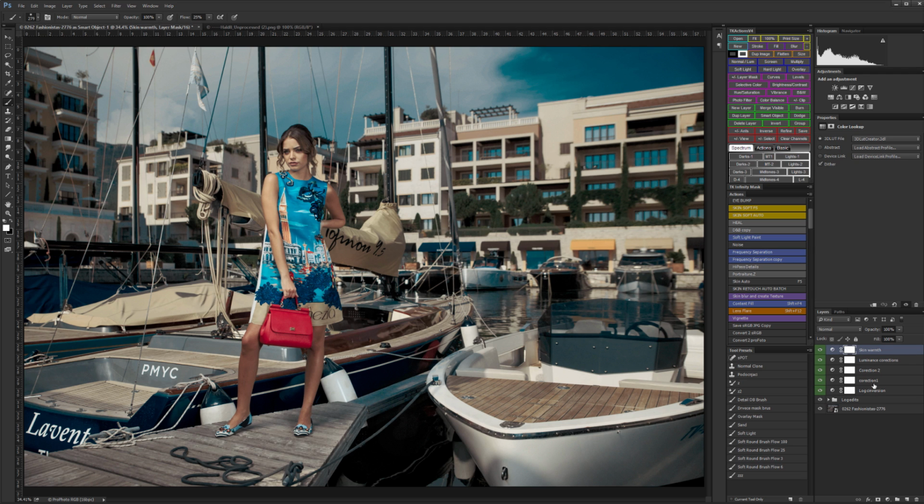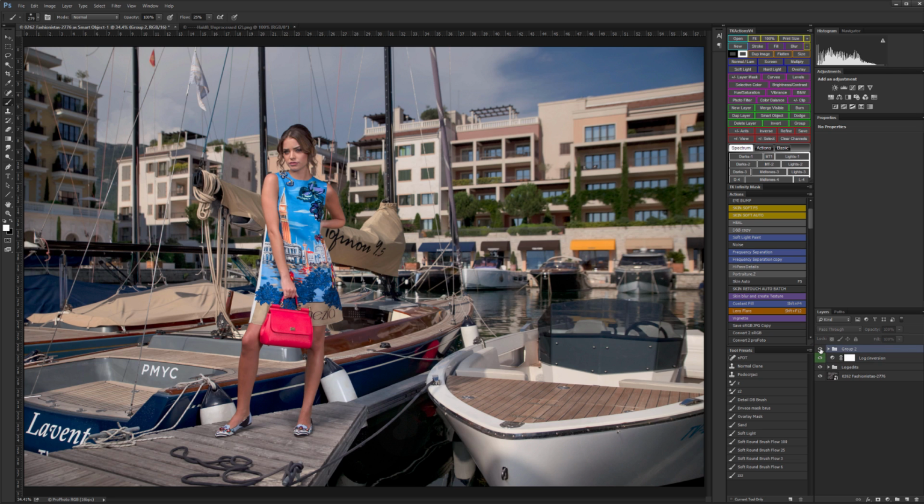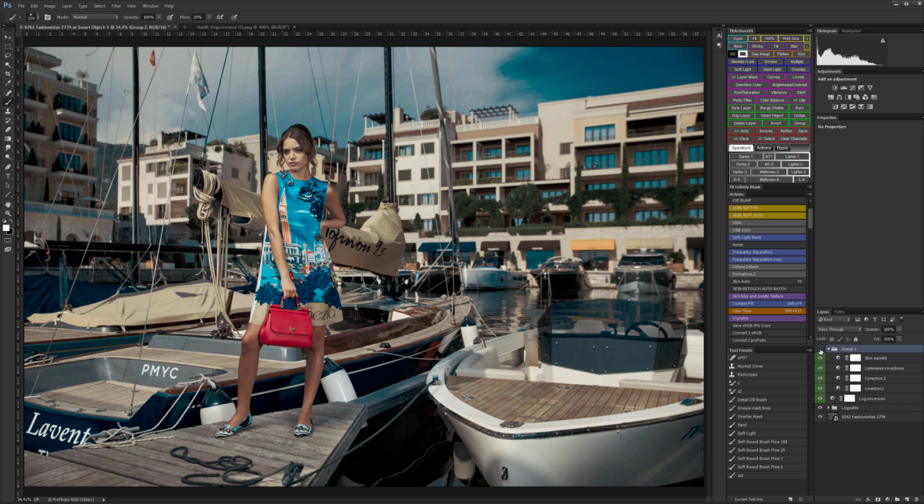This is what we did so far. This is my log conversion and my color grading layers. It seems to me that I added too much, maybe luminous correction, so I can lower it down. My skin seems a bit too contrasty and yellow now. I can go back and edit it. The great thing